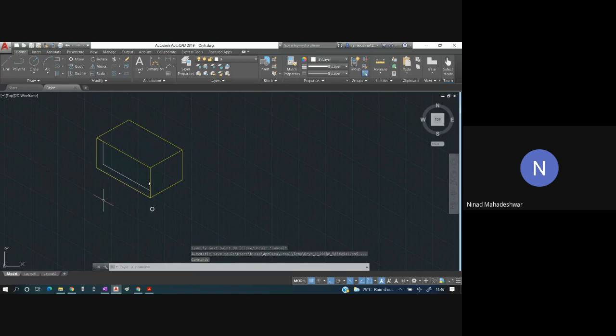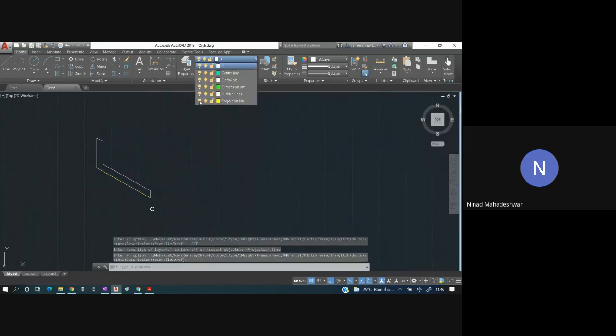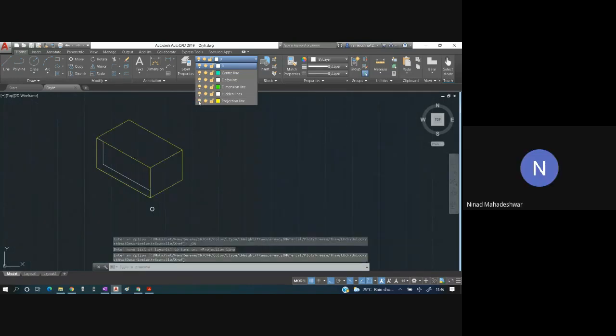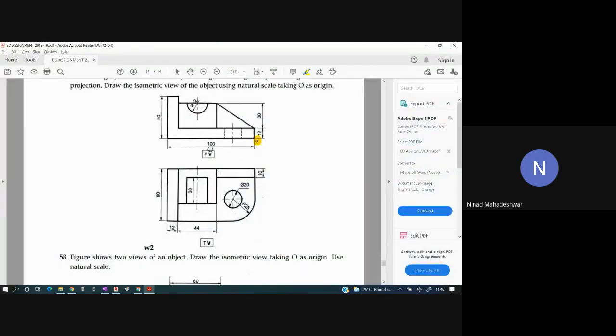Now the part over here is not visible, so what we'll do over here is I'll just switch off this bulb. So now we have drawn whatever things we had to show. Everybody has understood this? Yes, sir.